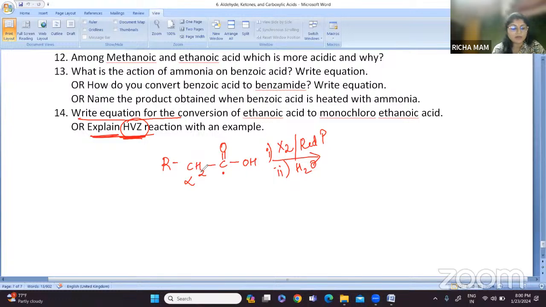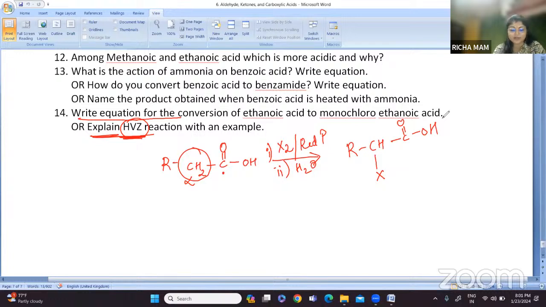What is happening here? One of the hydrogens is replaced by a halo group. So it is called monohalo, that is monochloroethanoic acid, or it is called alpha halocarboxylic acid, because